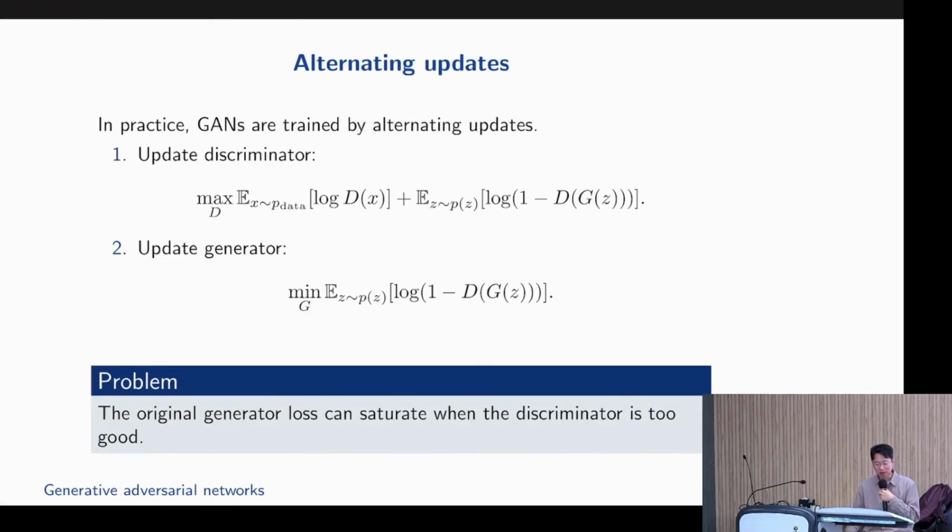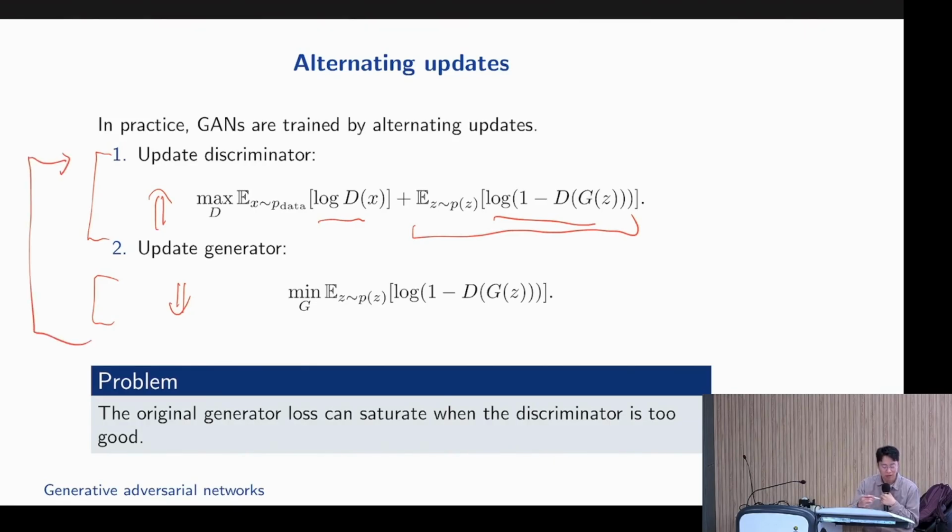Okay, so how do we do updates or training? You now take turns. You first update the discriminator. The discriminator appears both in the first term and the second term, so you want to do gradient ascent for k steps on the discriminator parameters. And then you update the generator. You take the second term and minimize it, so gradient descent on the generator parameters, and repeat. How many update steps for the discriminator versus how many updates for the generator? That's black magic. You have to try various things through trial and error and find out what works.